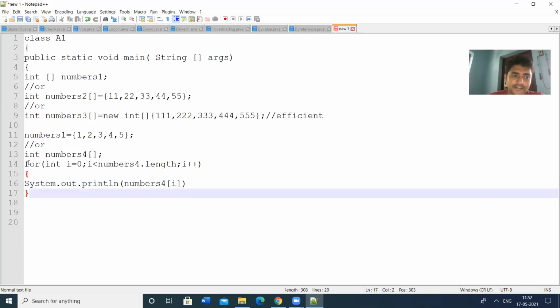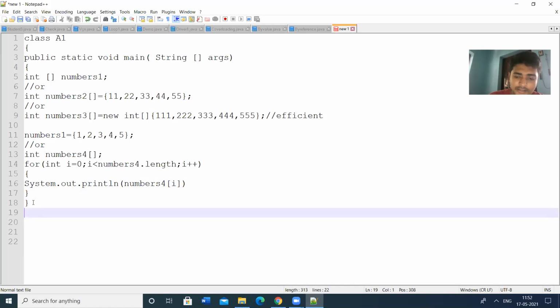This is the syntax for assigning the values dynamically. The others are assigned at compile time, that means at program level itself. If you want to assign the values at runtime, we can use the for loops. I am closing the method and I am closing the class.